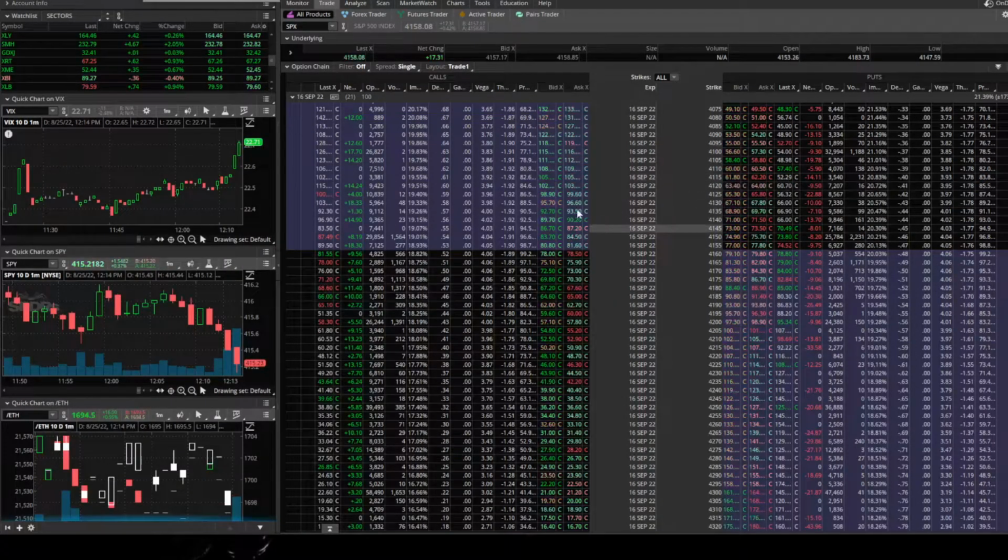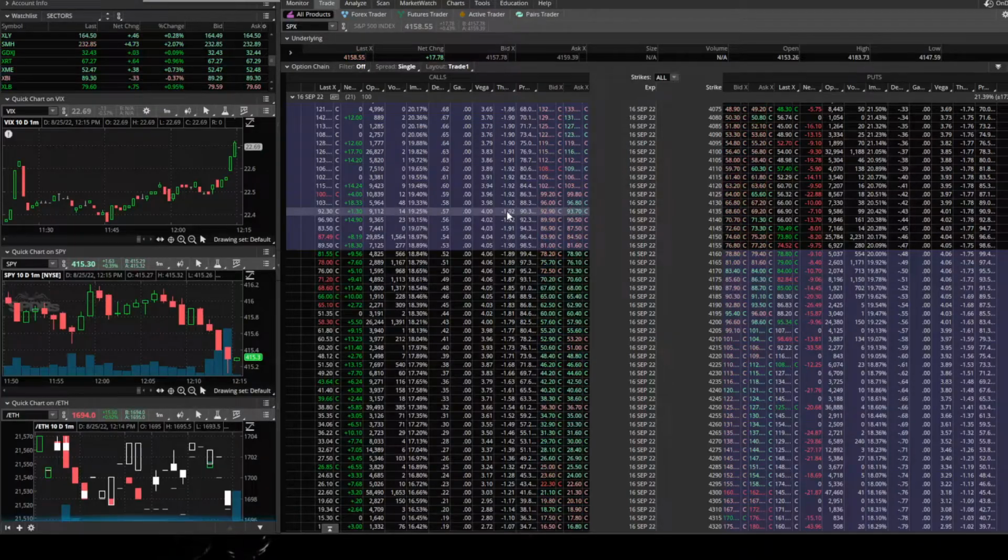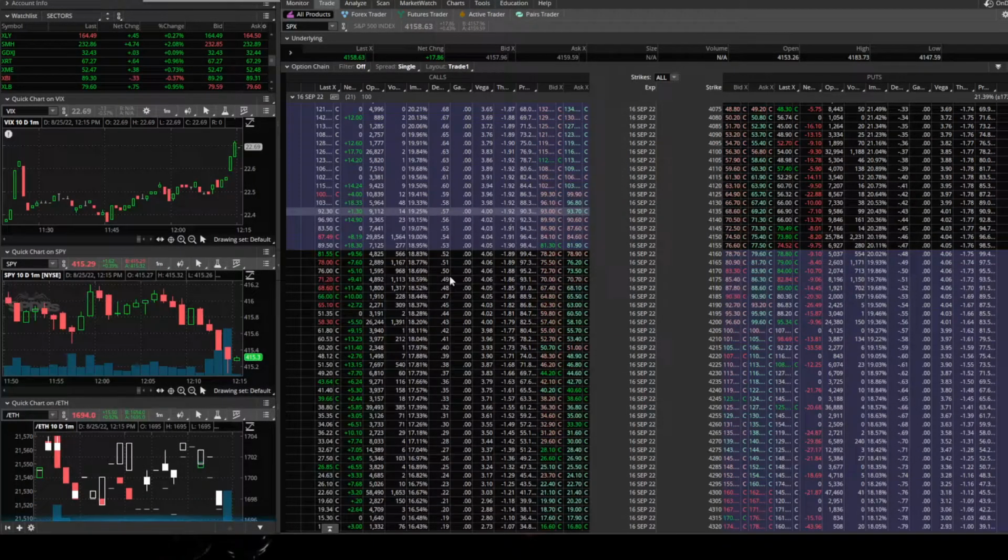Okay, that could be the possibility, but just from the weakening liquidity data that we're seeing from our junk bonds, AUD line, as well as the high-low line, I don't think that's the case. I think the bigger second move is going to be the down move. That's just from looking at the liquidity data and the macro data that we look at on a daily basis. So that is the S&P 500 right now.